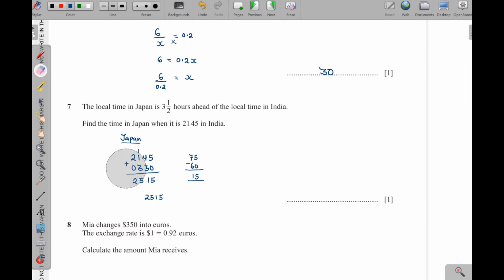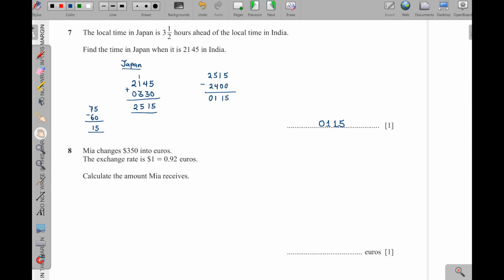Isn't it 24 hours? So that means if time in a day is 24 hours, then we can have 25:15, then minus the 24 hours. So we shall get 15 and then 1 there. So it is 1:15. The next day, as simple as that,